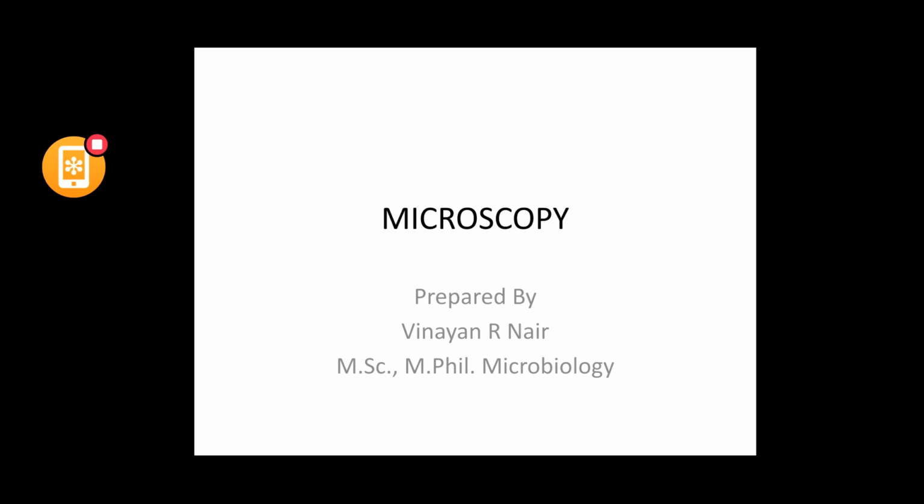Also, we are using electron microscope in order to observe viruses. Viruses are living entities which are smaller than bacterial cell size. So in order to observe a virus, we have to use an electron microscope. So electron microscopes are applicable in virology labs as well. Now in the midst of this COVID, in order to observe the coronavirus, we have to use an electron microscope. Fine. With that short description, let us move on to our topic. First slide, please.